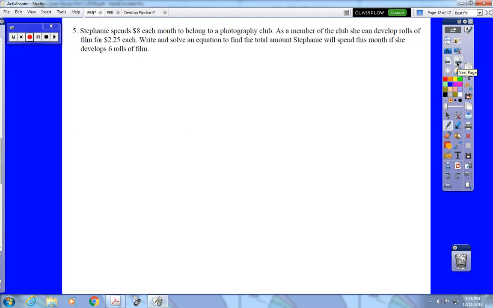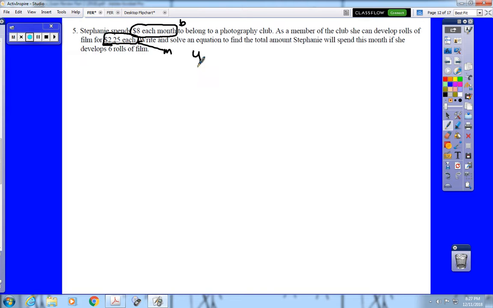Number 5. Okay, here we go. Here's a word problem. Stephanie spends $8 each month to belong to a photography club. As a member of the club, she can develop rolls of film for $2.25 each. Write and solve an equation to find the total amount Stephanie will spend this month if she develops 6 rolls of film. So, we have there a base fee of $8 each month. That is an intercept. And we have a cost for each roll of film. That is a slope. So our equation, where y is the total cost and x is the number of rolls of film,